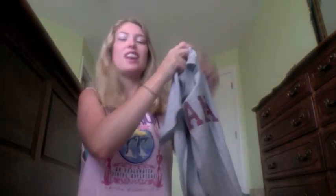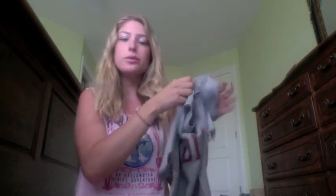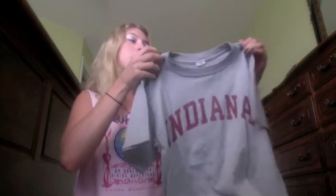So here we have just your average t-shirt, and you could use not just your unisex ones, you could use ones that are more fitted. I actually am going to show you guys some that I did that are t-shirts that I wore in middle school that were obviously not going to fit. They were the right size, but all the places where there was stitching and seams, it was too tight. So on this one, on most of them, you're going to cut the neckline off,